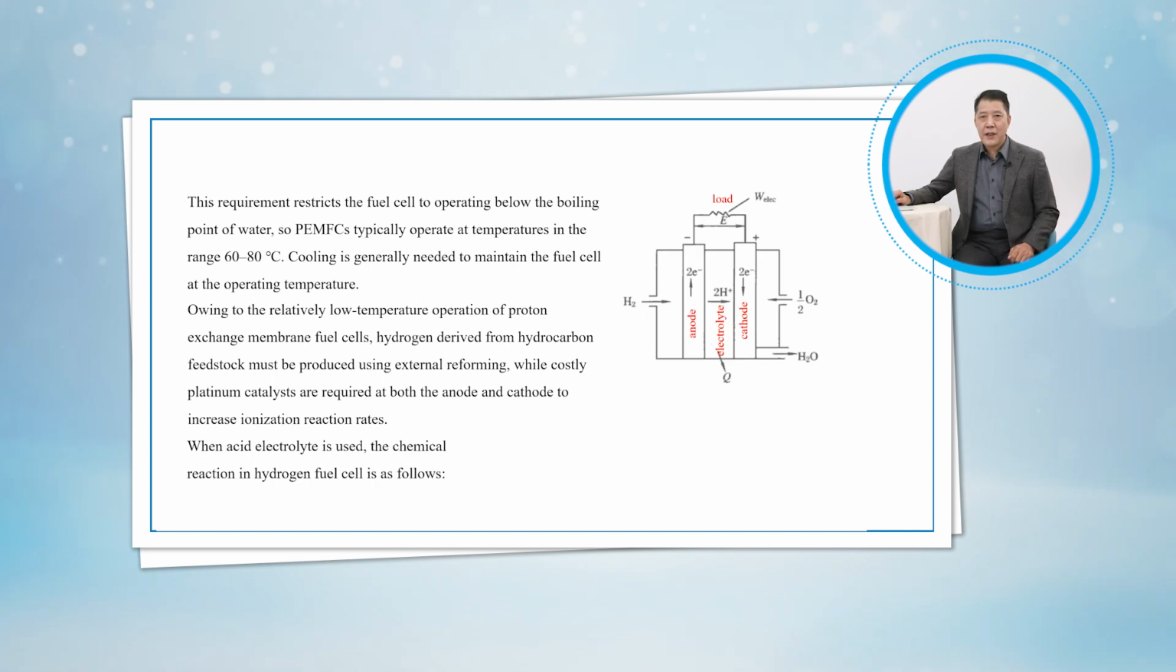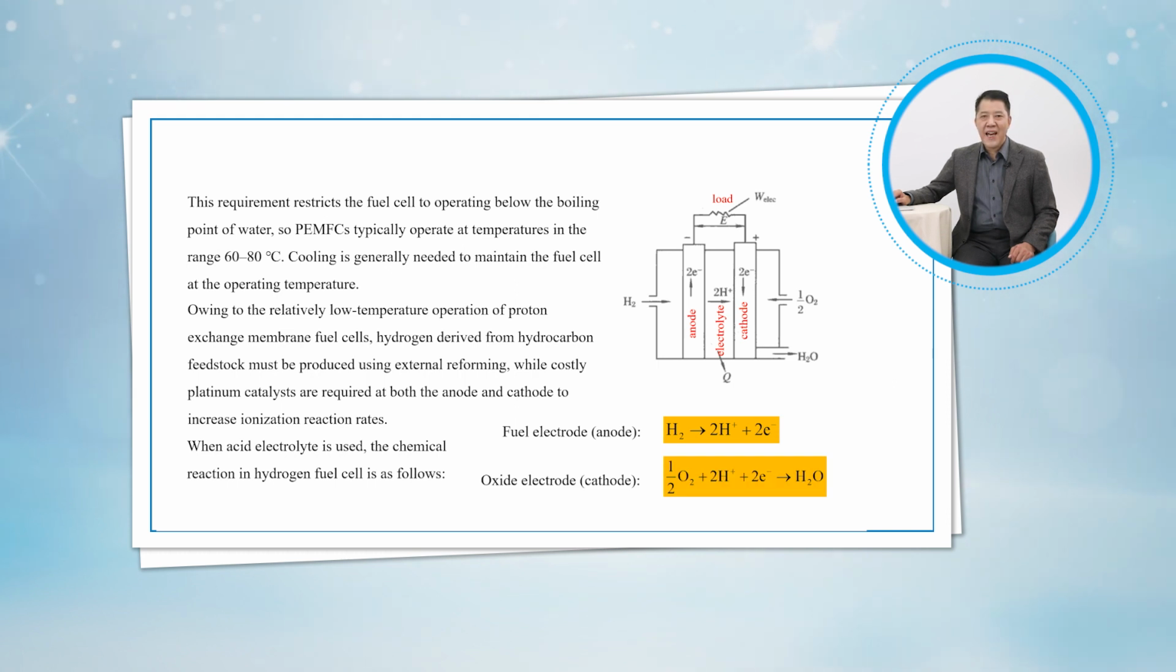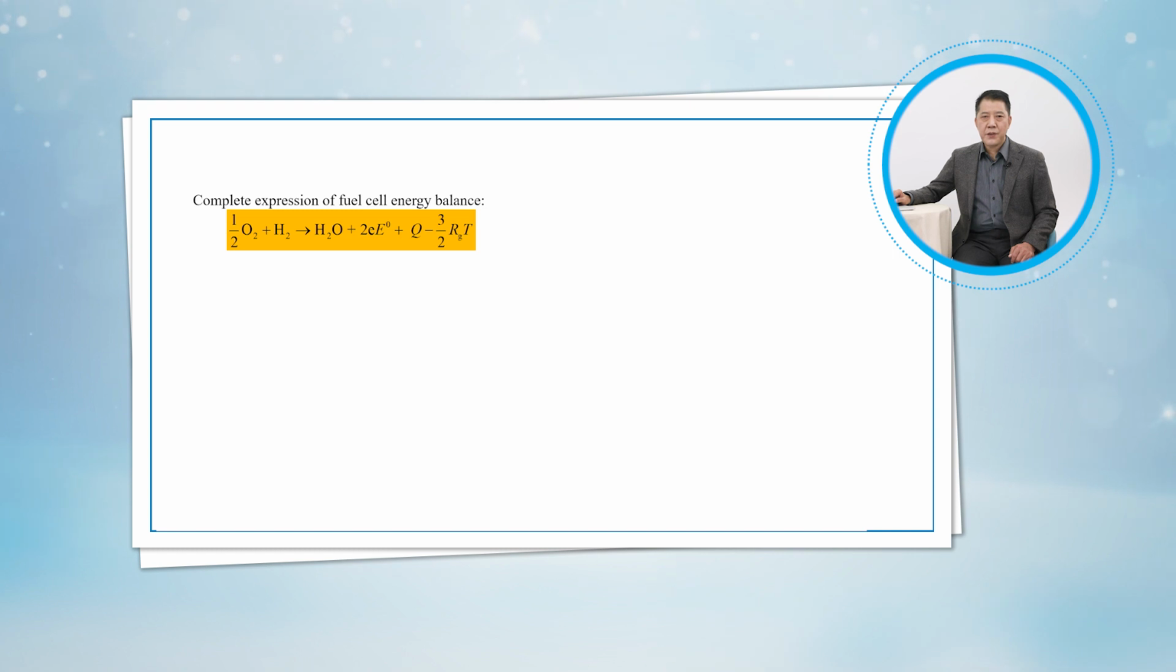When acid electrolyte is used, the chemical reaction in hydrogen fuel cell is as follows. There is reaction happened in the oxide electrode. Complete fuel cell energy balance can be expressed as